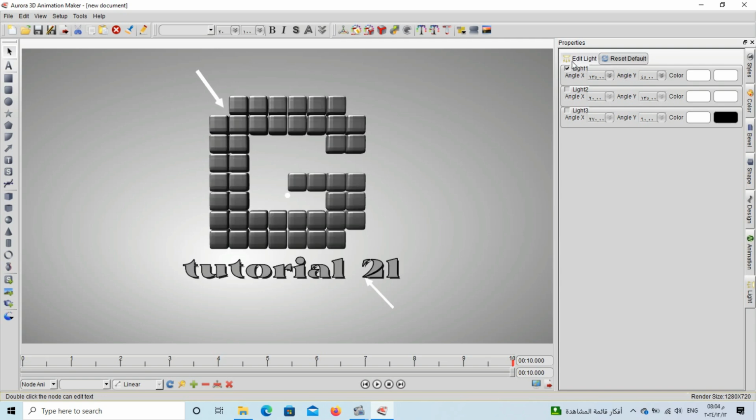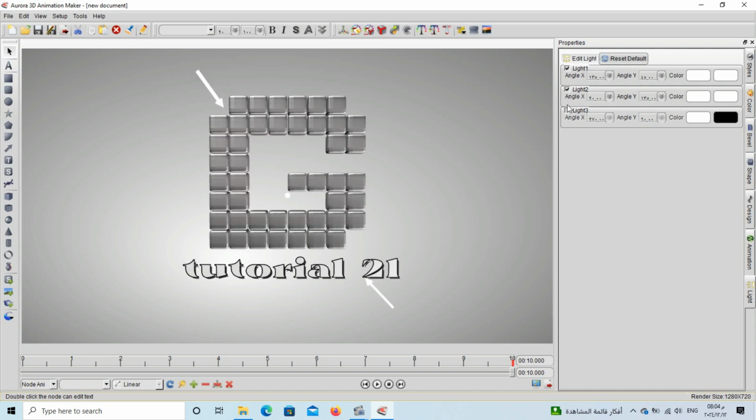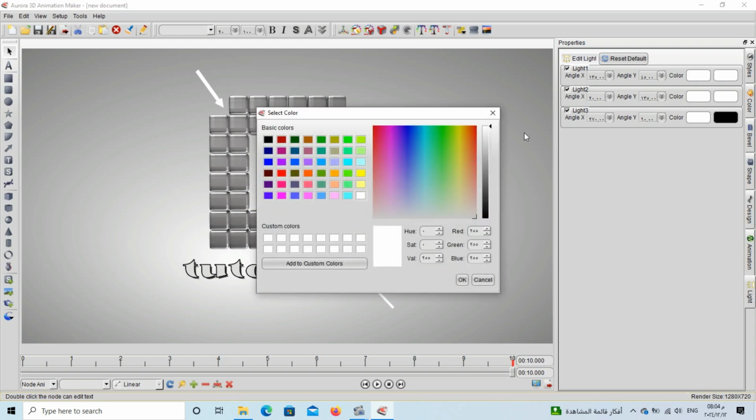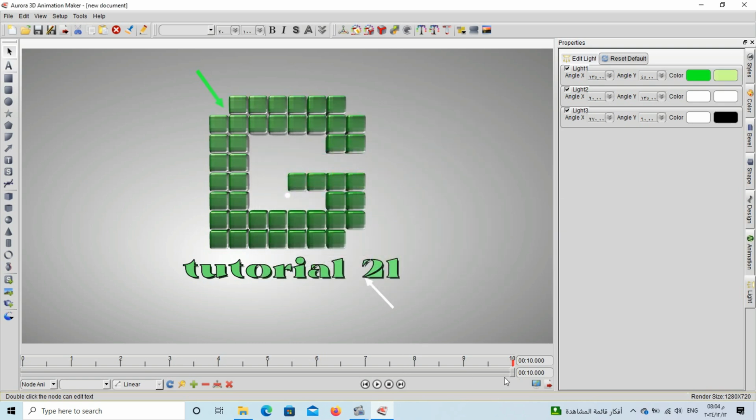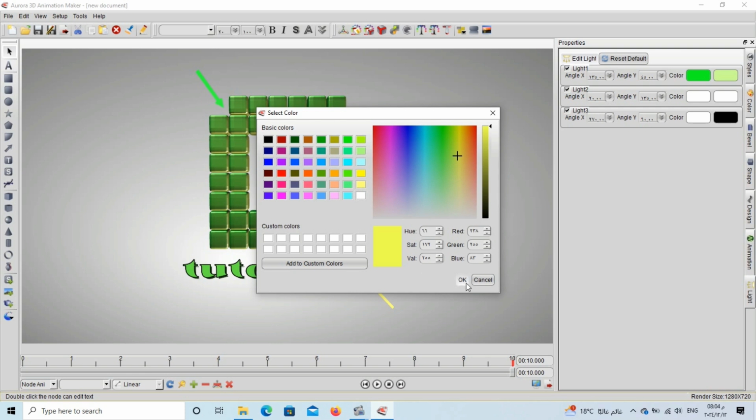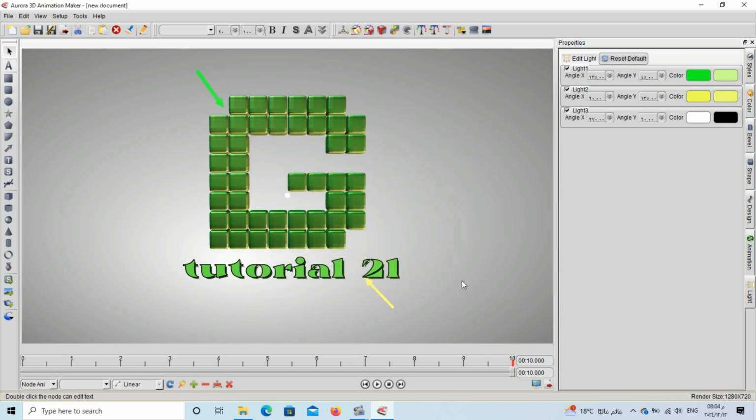This panel on the right side allows you precise movement for the light, precise color, precise adjustment for the angle X and angle Y. It gives the direction of the light you've modified. Let's say I will change the color of this light to this one. At each second you can add a new keyframe, so you can move the light according to the keyframe you've added at the timeline. Let's say I will change this color, the first color and the second color,